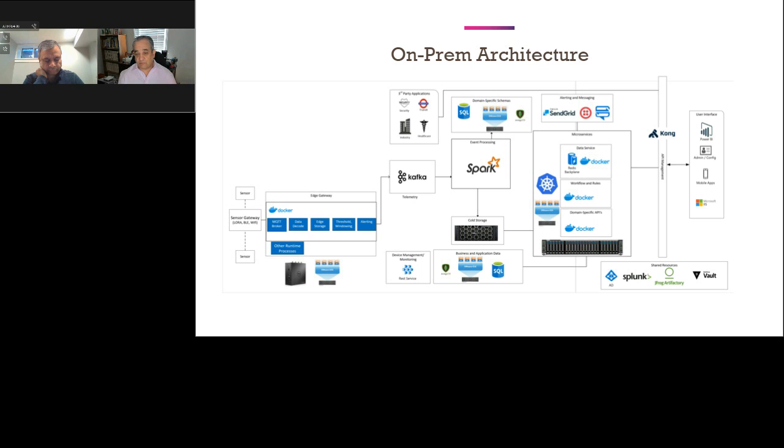We have a Spark system that does the database layer that then connects to cold storage. So there's PowerScale and a number of other products that fit into that product category. We use Kafka as a message bus to communicate to the edge gateway. And then on the edge gateway, it's essentially the exact same stuff that's running over here, with a minor transition over to this Kafka layer rather than Azure IoT. But other than that, the high-level architecture is almost identical.